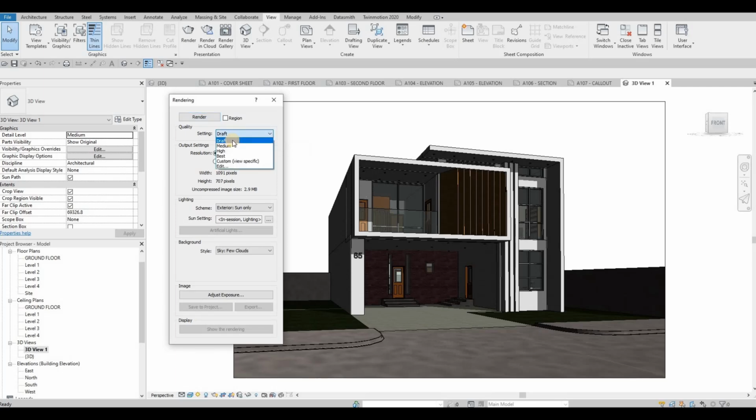So the draft is the lowest quality, and then if you go to custom, that's the edited, and you could change the resolution. And most of the time, if you have the best or custom, it will take time to render. So we're just going to use draft for this sample, and then we're going to leave it scheme exterior sun only, and then in session lighting for sun setting. So click on render. It will take a couple seconds to render, but after we finish rendering, we'll be able